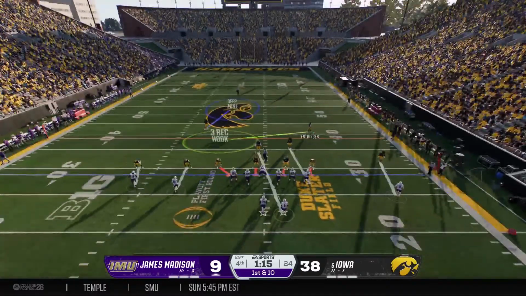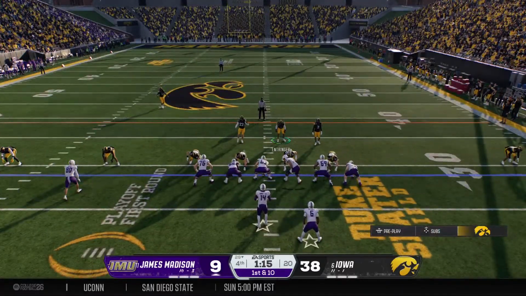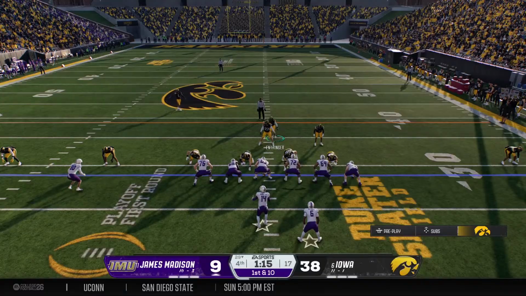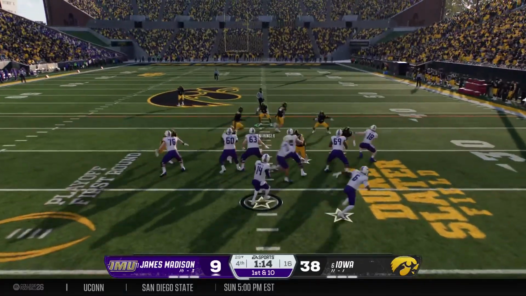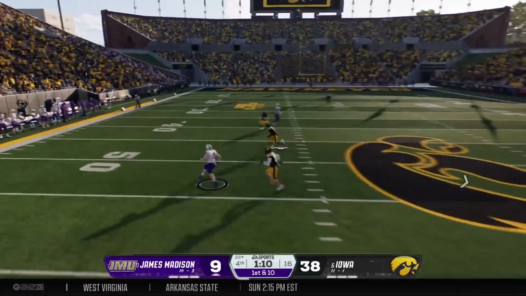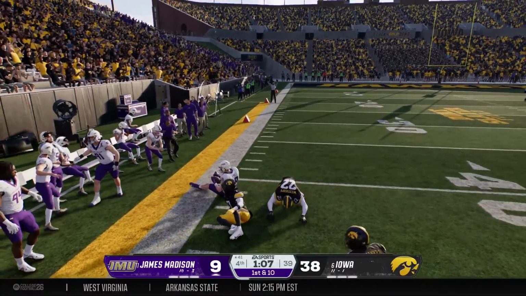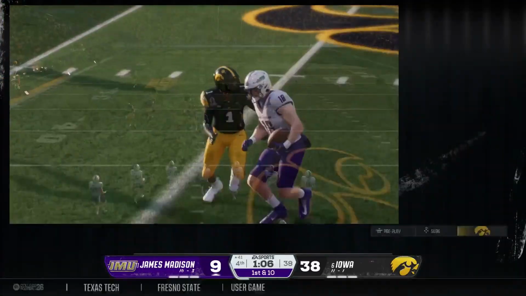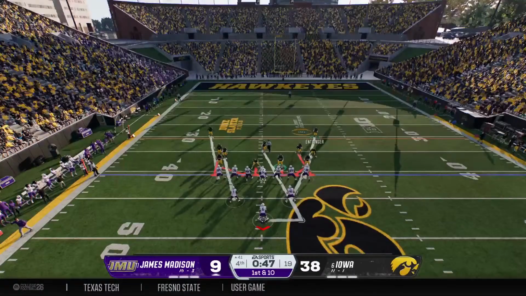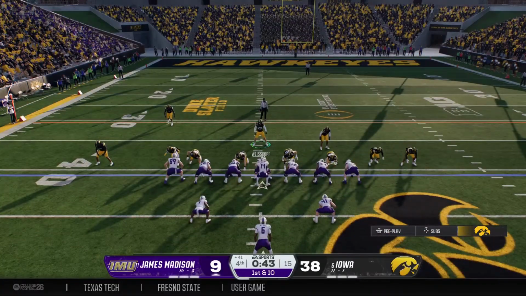First play of the drive now coming up from the 29. And they're moving the receiver now before the snap. Dropping back. It's Barnett. Looking for his big tight end. He's got it in the open. Tackle made after a big play all the way to the 41. This offense moves into enemy territory inside the 45 after that big play.